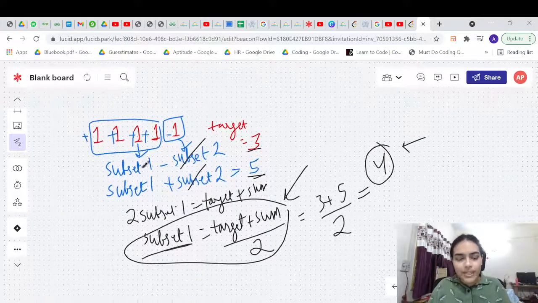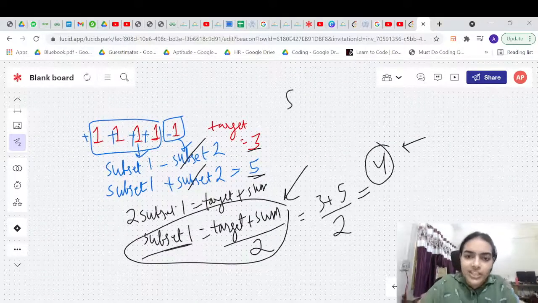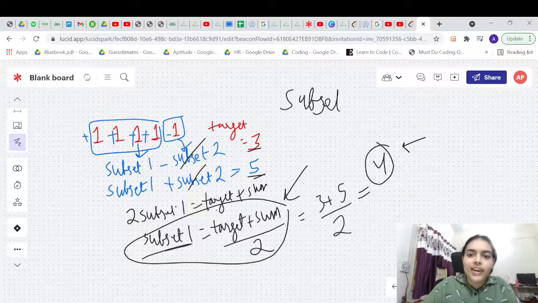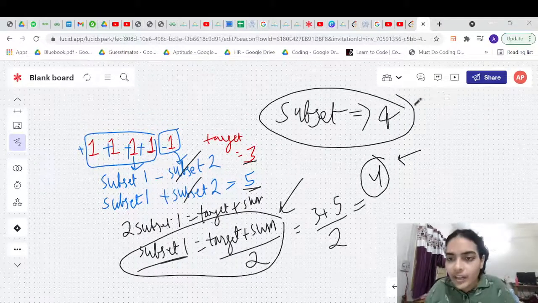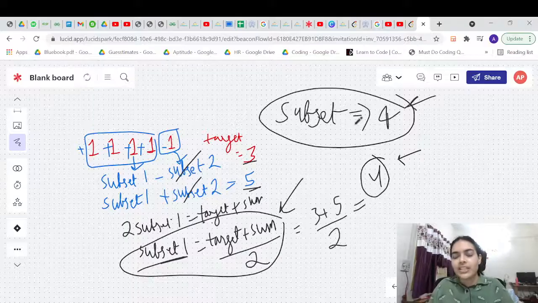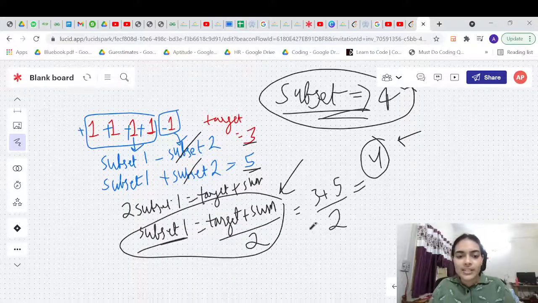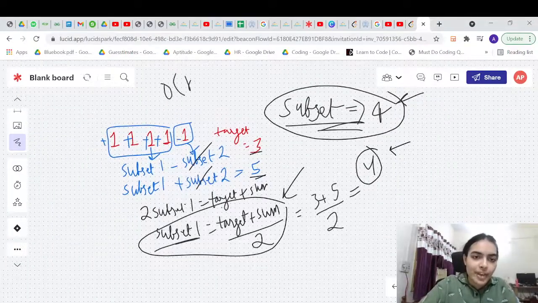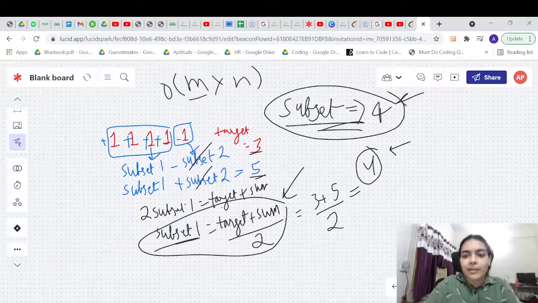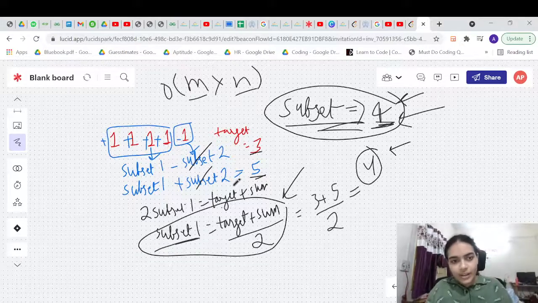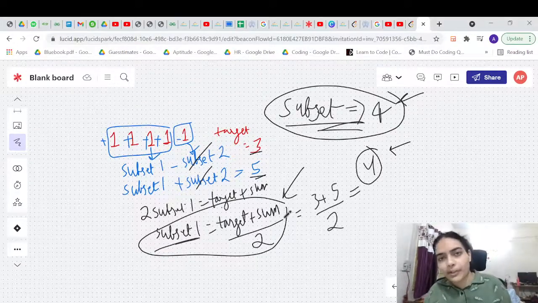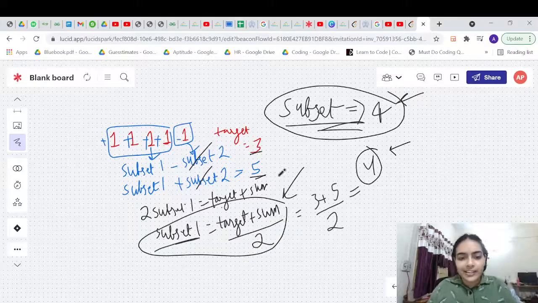Now this is basically a very simple problem in which you have to find a subset having the sum 4, and you find the count of such subsets. That will be your answer. How do you solve this problem? It can be solved in O of m into n, where m is this number 4, and n is the size 5. It can be solved in O of m into n complexity.